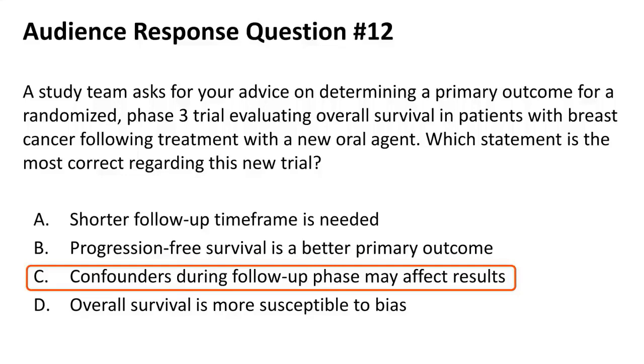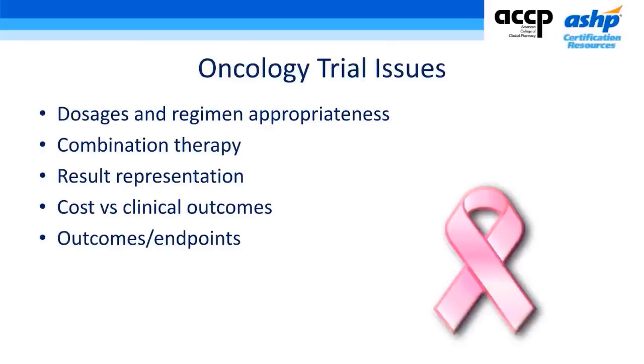Based on a consensus group, they determined that overall survival is the best primary outcome, not progression-free survival. So that makes B incorrect. And overall survival is not necessarily more susceptible to types of bias. So when we're thinking of oncology trials, let's think of some of the issues that could occur in these types of trials. So